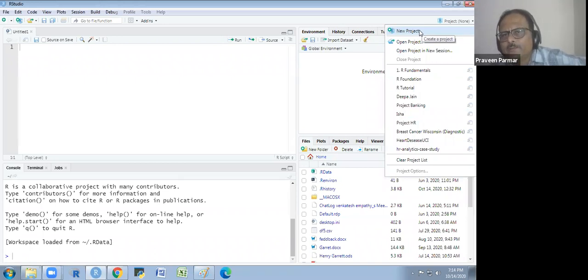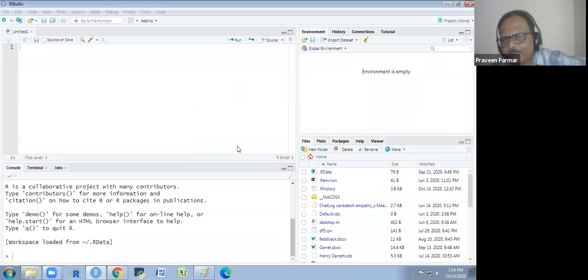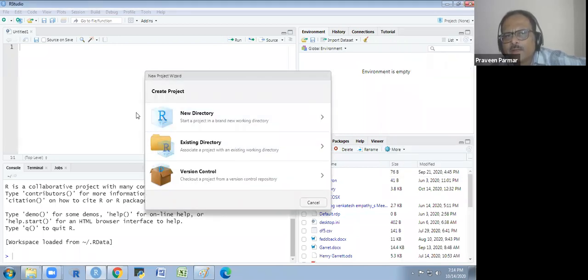So you click on it, you will get this button because it is about the current project which is running here, which is the project none. So I don't want to save it, so I will say don't save. And then I will get the pop-up window, which is for the new project. Does that make sense to everyone?